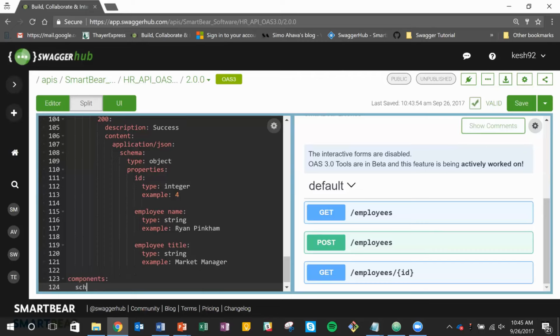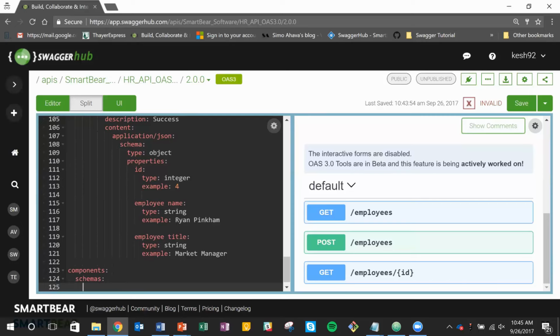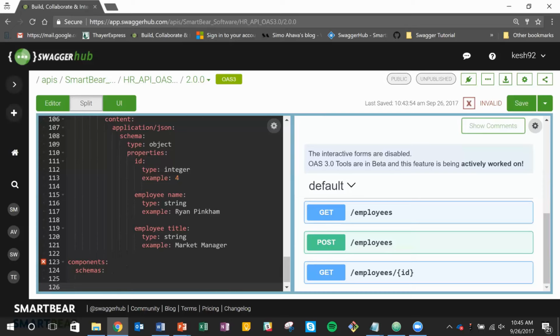and under components, schemas. We're defining, this was in Swagger 2.0, called definitions. The definitions model has been done away with, and it's been changed to components. And now under components, we have to define the schemas, right? So remember, schemas is what OAS uses to define specifically the data type, the examples, and some information on whatever the model is. So over here, I'm going to be defining a new model called employee,